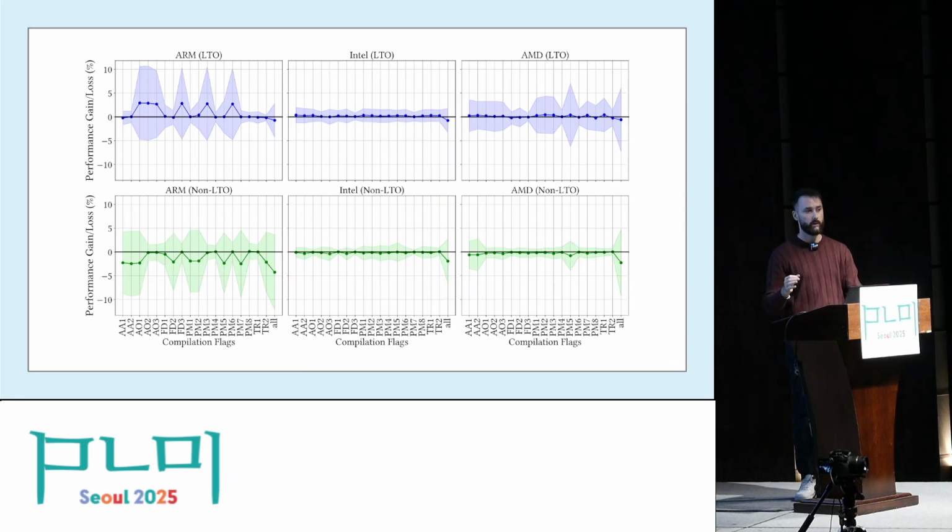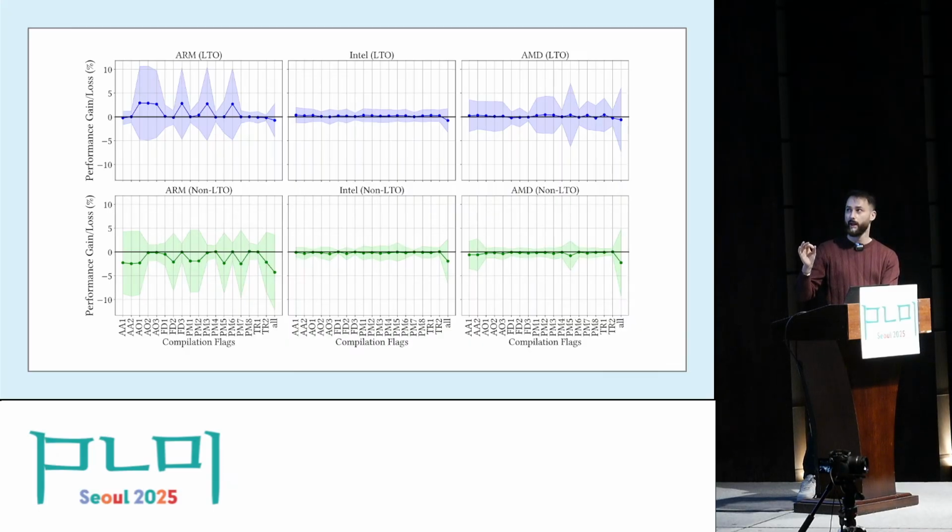However, the most important thing to see here is that by enabling LTO, we managed to recover the performance and even increase it in some cases. So this is a great thing, because having the UB flags enabled, that is disabling UB, and having LTO enabled, we managed to get the same level of performance.